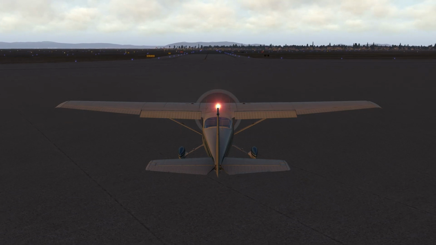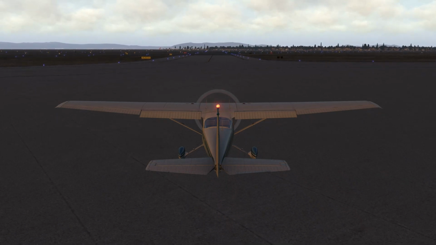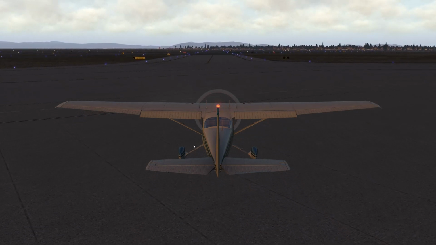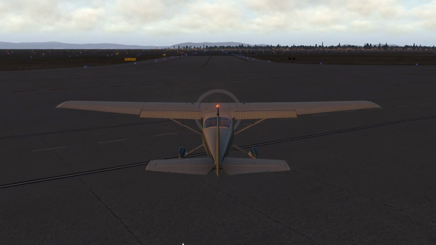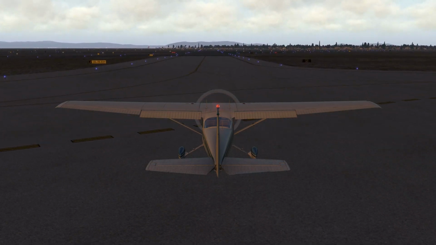We should have plenty of space if we do a midfield takeoff, I would think. And I'm sure ATC will appreciate it so we can get out of their way. Oh, look, you can see trees and things on the top of that mountain. Oh my word, that is awesome. Would that be...